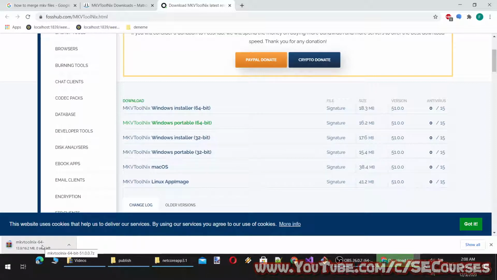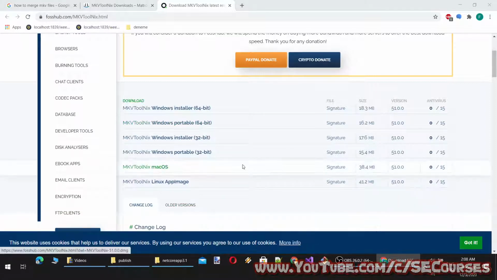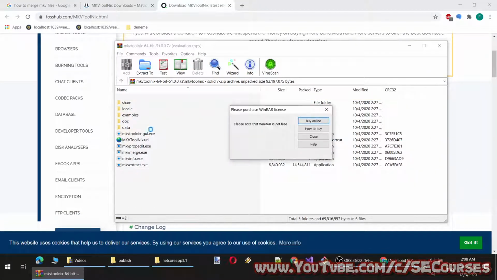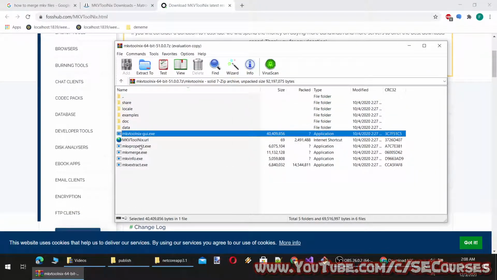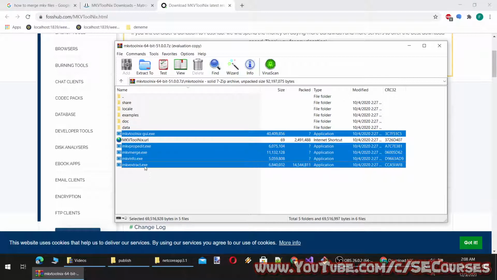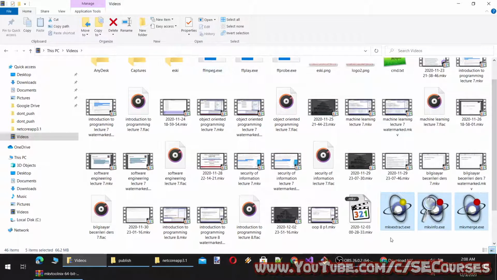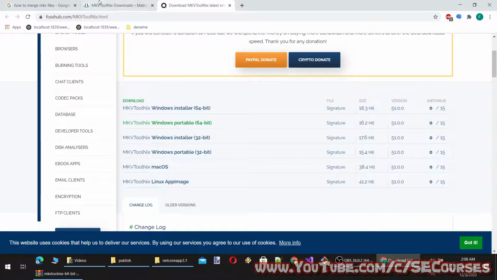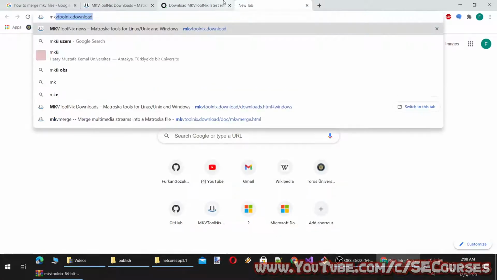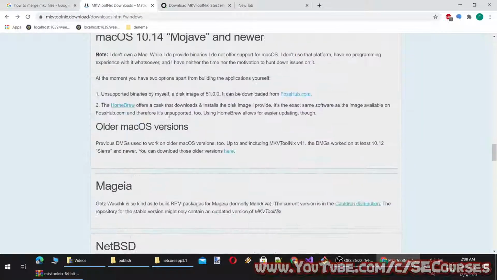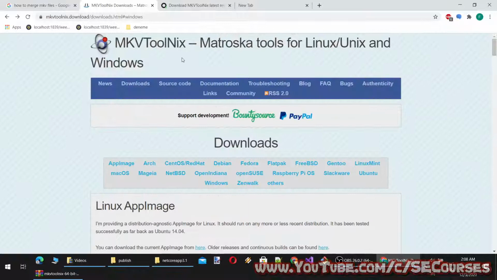And I will extract it into my videos folder here. I already have FFmpeg in my folder, which is usually used by this kind of external software, and I will search for the merge command.